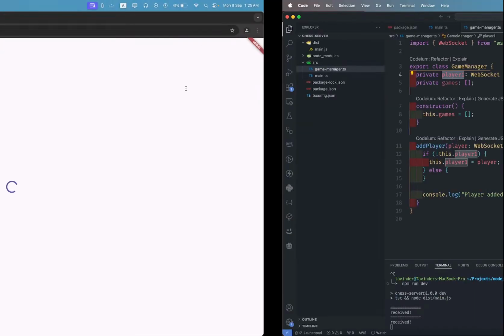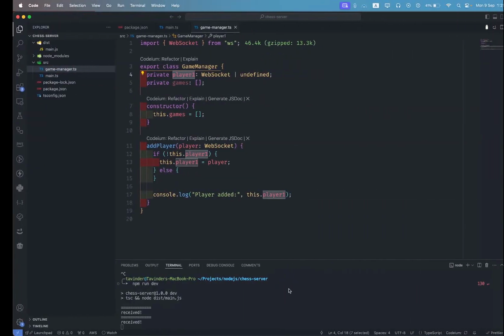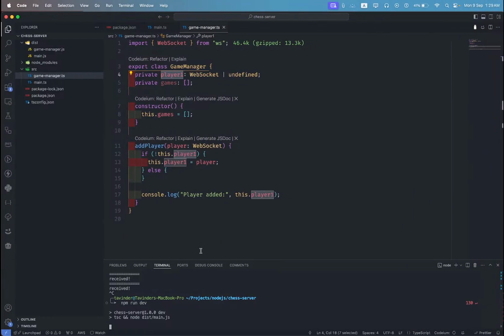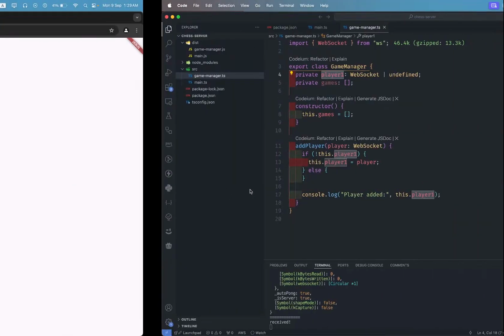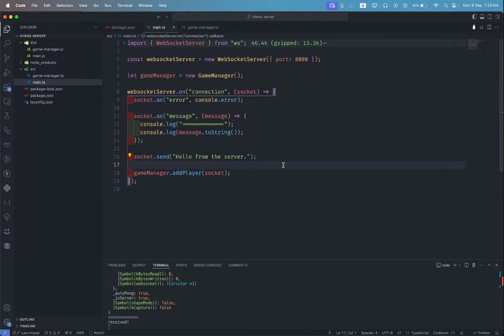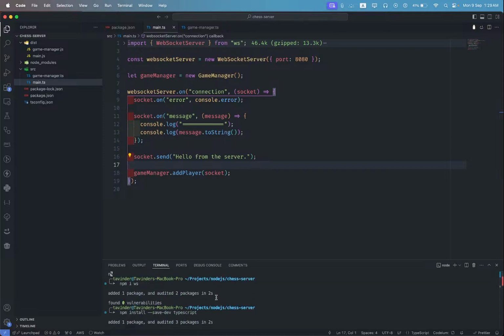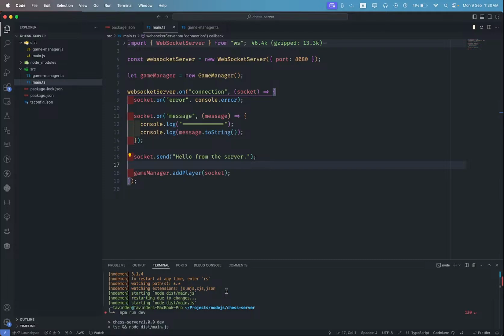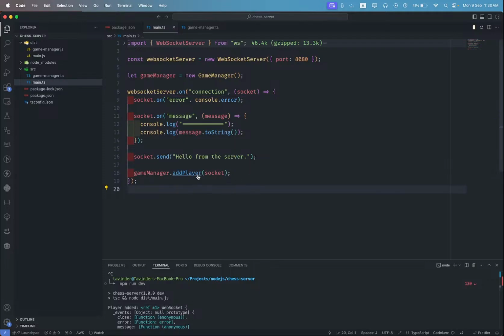Okay, let's see if it works or not. Let's start the server and click this play again, and it printed this. Right. So player added. So this is a separate instance, right? So now what we do is,